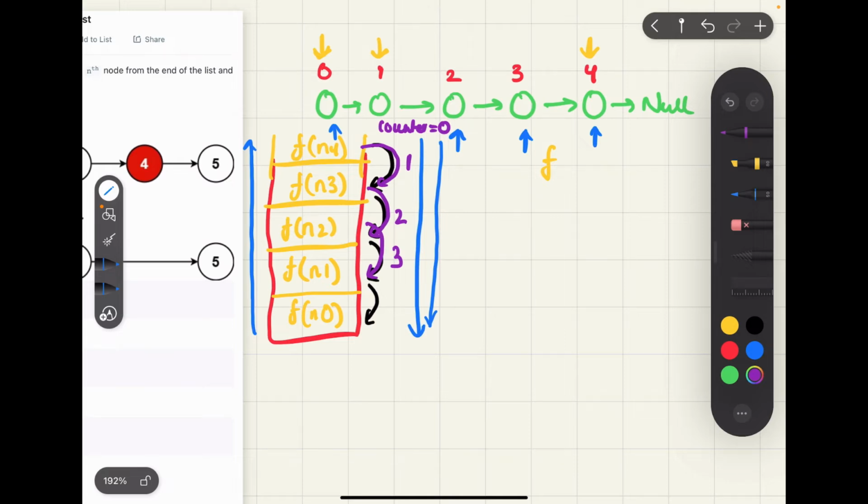So 1, 2, 3 is nothing but it is representing the position of the node from behind. So this node is the first node from behind. This node is the second node from behind. This node is the third node from behind. So at each step, when we are incrementing the counter by 1, we are actually getting the position of the node from behind. So as soon as our counter